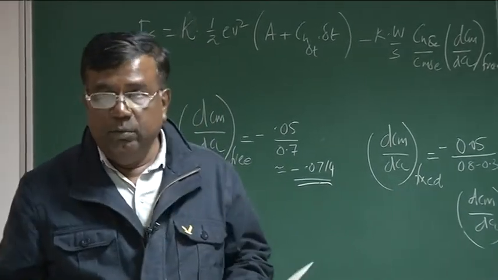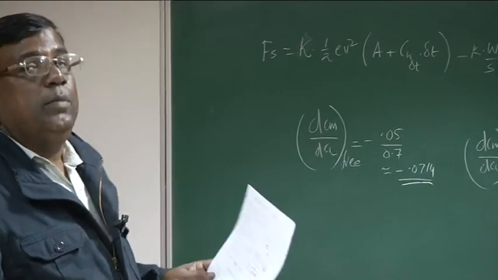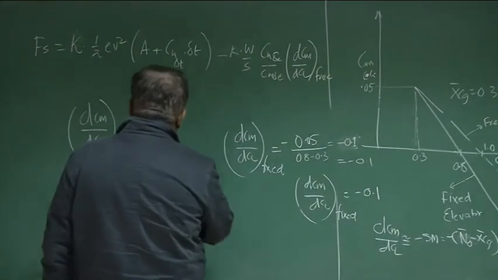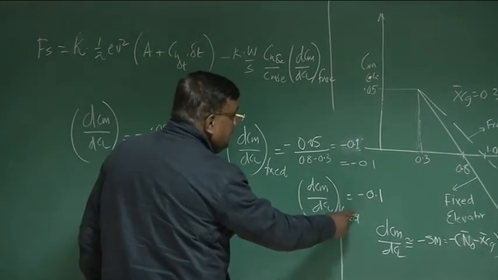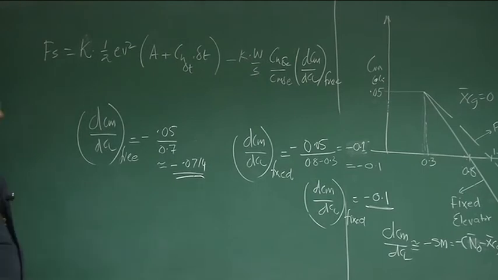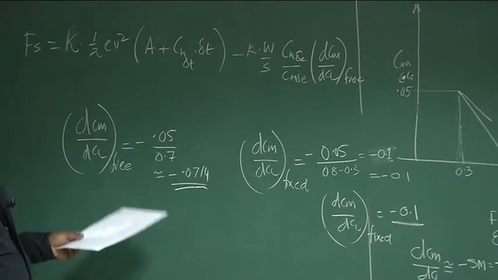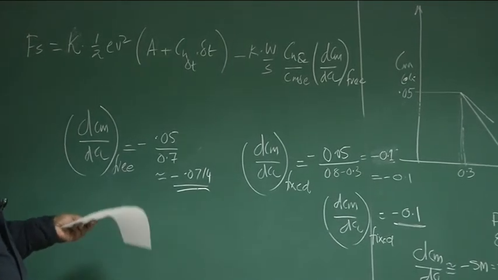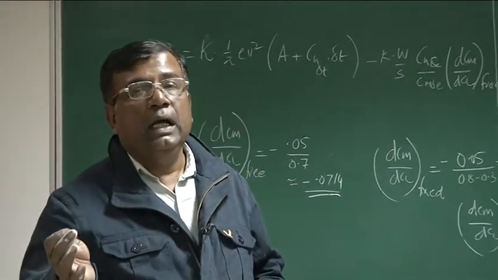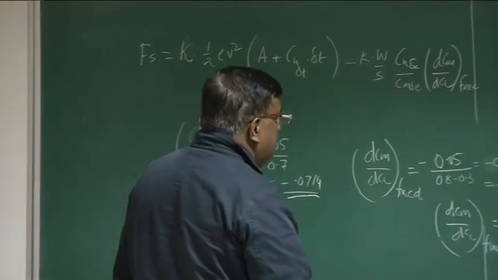Please, you yourself should do this calculation. Don't assume that I am doing it correctly. I will be telling you the process correctly, but the numerical things you have to do yourself so that you get the correct number. Now if I compare dCm by dCl free and dCm by dCl fixed, I find, yes, dCm by dCl fixed has a larger negative slope, and that is why we say naturally dCm by dCl fixed should be a more stable configuration than dCm by dCl free. Why? Because in the dCm by dCl free calculation, we have allowed the elevator to float, and that becomes the equilibrium. Okay, correct. So these are the interpretations of these numbers.